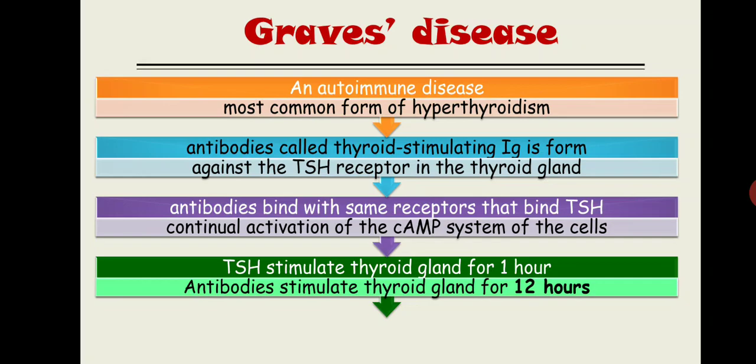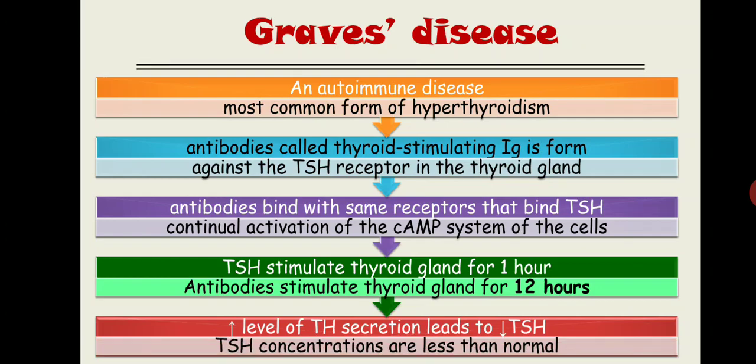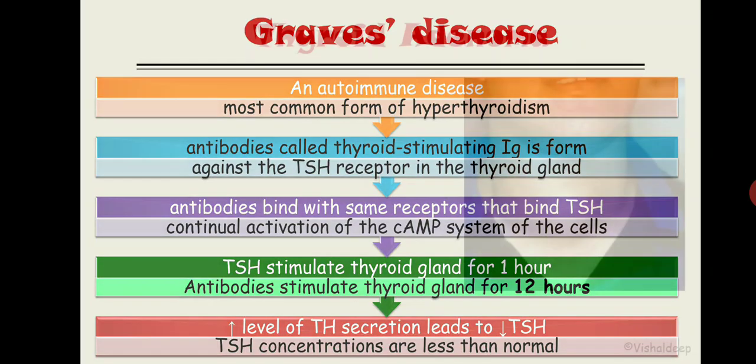So what will happen? Basically, there is increased thyroid hormone level, and the increased circulating thyroid hormone level will lead to decreased TSH level, and TSH concentration will fall below normal, or often essentially to zero, as given in Guyton. And let's remind one more time, Hashimoto's disease is also an autoimmune disease, but here's the difference. In Hashimoto's disease, the antibody that is produced inside our body will destroy the gland, it will not stimulate the gland, while in Graves' disease it will stimulate the gland. Now the second cause of hyperthyroidism is thyroid adenoma.